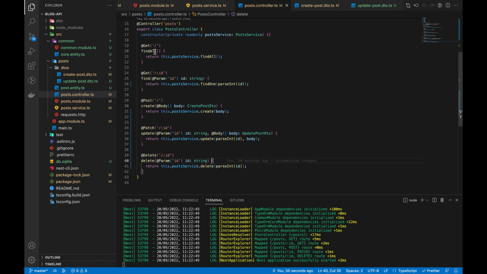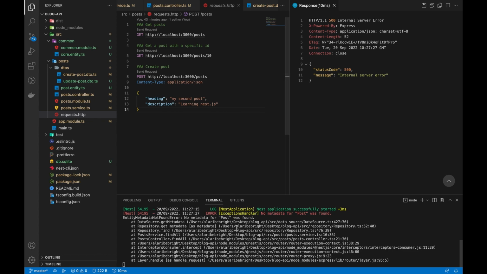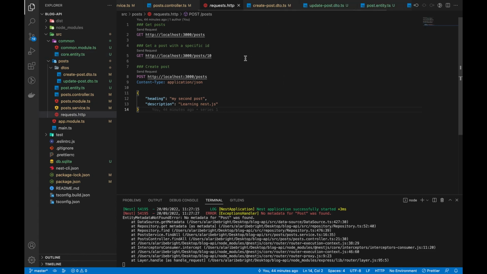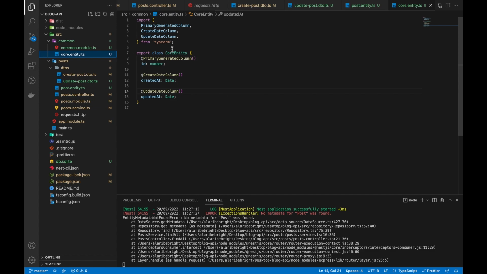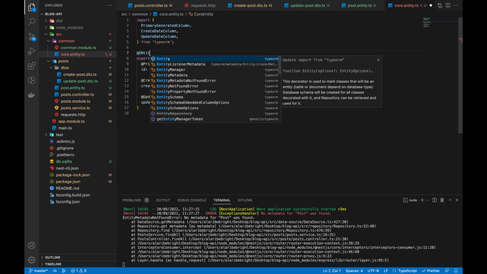So let's go on to get all the posts, and if we go on to send this request to fetch all the posts, we actually get an error, no metadata for Post was found. Okay, and basically whenever this error occurs, let's go over to the core entity first. Okay, so we've actually forgotten something. So if we go over to our core entity, we need to mark this with the Entity decorator like this,